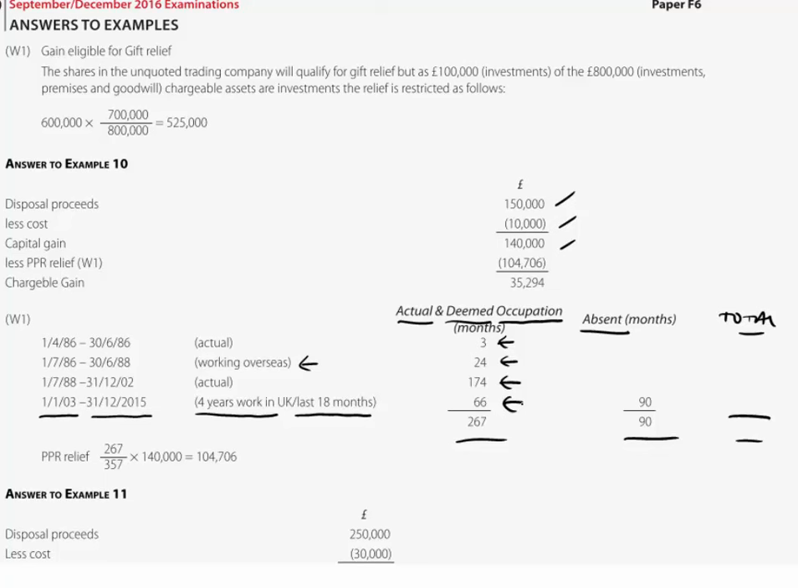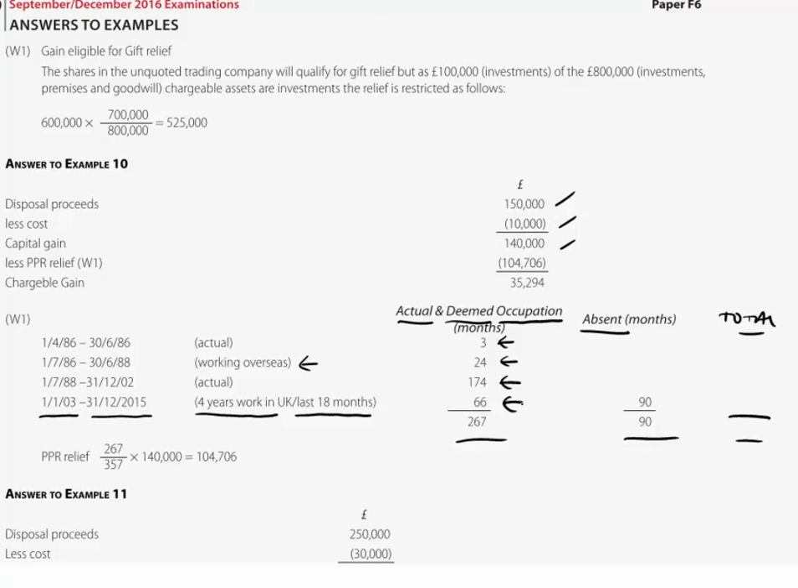If he had returned to and lived in the property prior to disposal, then the 3 years for any reason would have been available, and another 36 months worth of deemed occupation would be deemed to have occurred. But that did not happen. So you count through again from 1st of January 03 through to the 31st of December 15 and see in